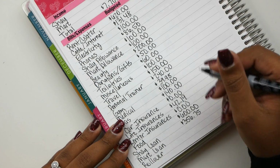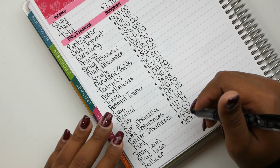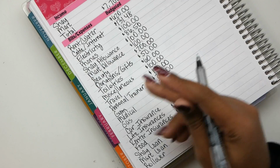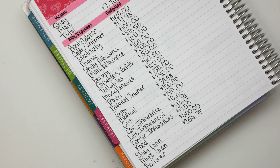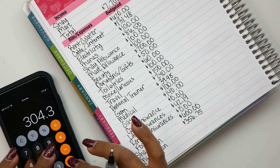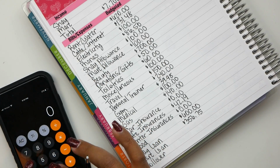Oh yeah, I guess it is time. I think March is the time that I have to do that. And then for my husband's student loan, so all together, we need to do the math on this. We are looking to put the minimum payment of $304.69,